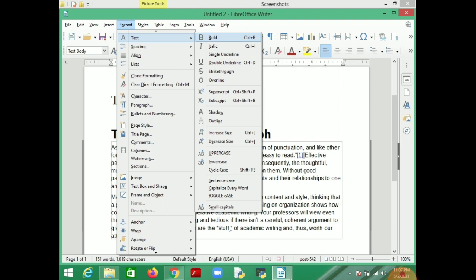So as per the need of your document, you can go to Text, and from there you can format, or you can also use the standard toolbar. Most of the options are there, so you can select from there.